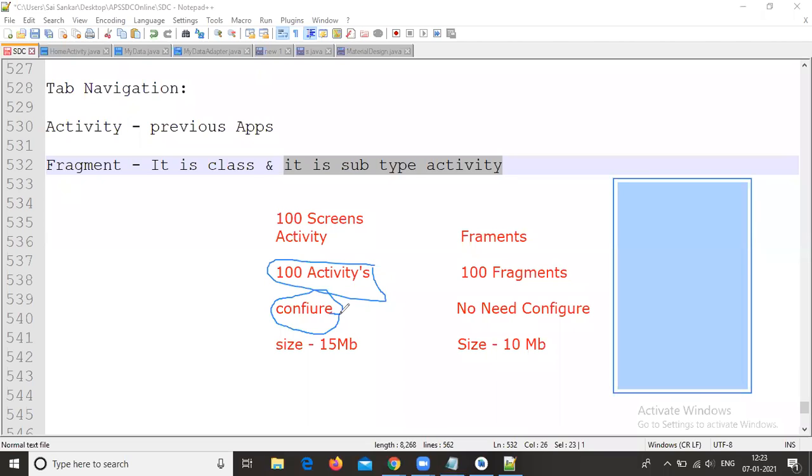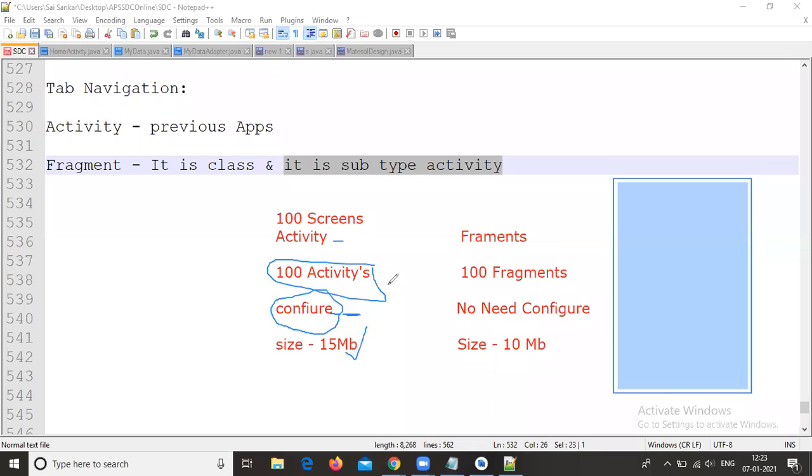Based on your manifest file and your Gradle files, the code increases, so your app size also automatically increases.